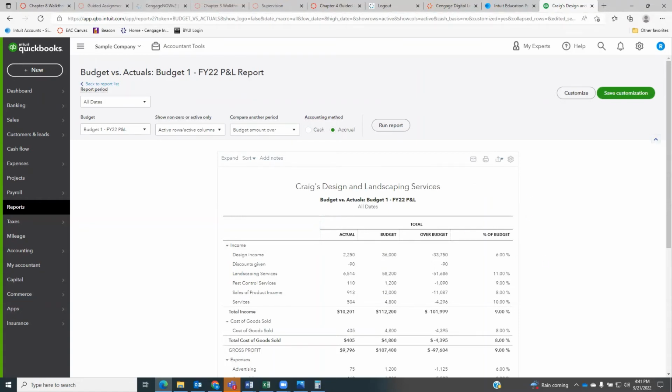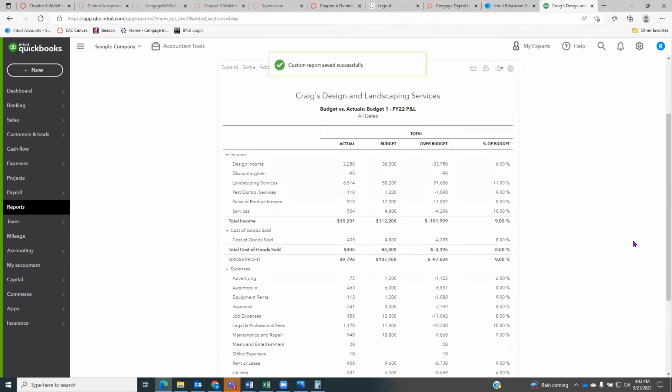All right, we can click Save Customization if we want to. Well, it tells us to. And then we're going to type budgets versus actuals and click Save. And that's the end of the second part,